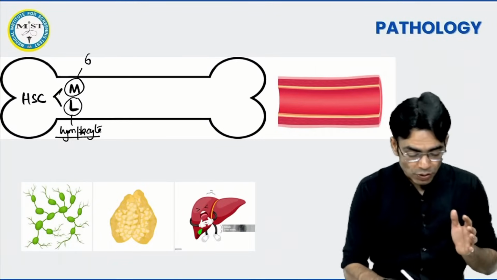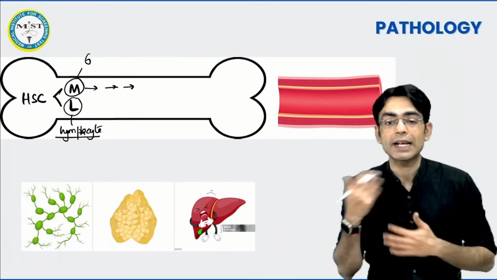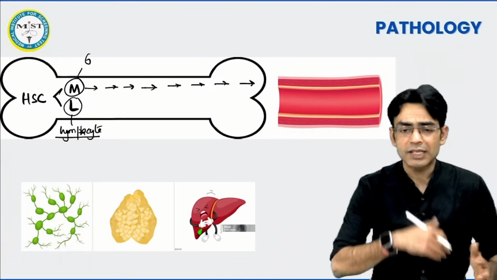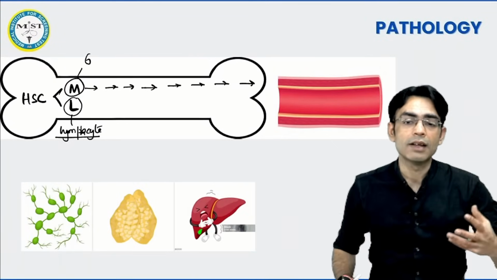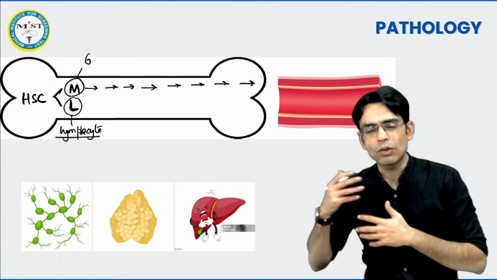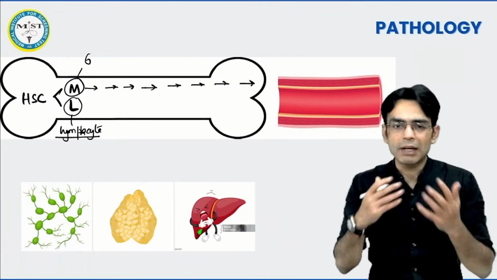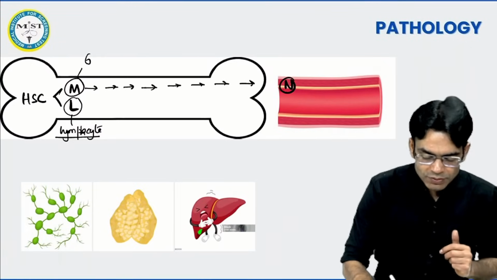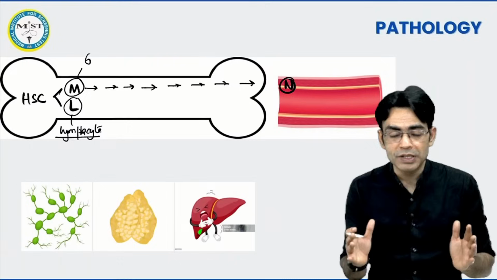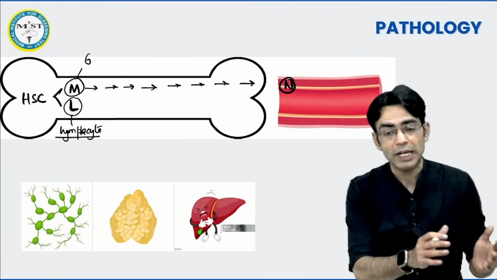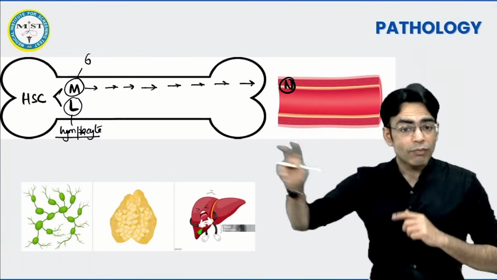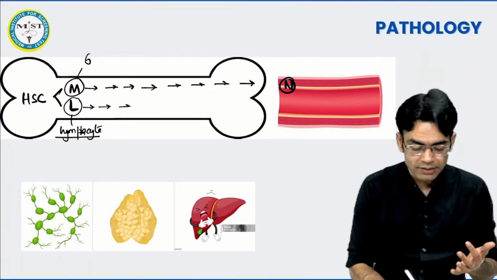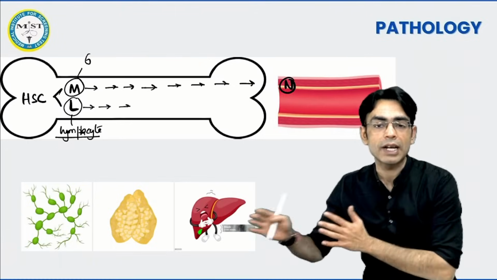Now what happens is that your myeloid cell does not directly give you these 6 cells. It will divide into multiple different cells. The whole sequence goes like, first you will have a myeloid cell, then metamyelo, myelo, band form. There are multiple cells. Then this eventually gives us neutrophil first, if we are talking about WBC. Otherwise this is the cell which is going to give us platelets and even the RBCs. A lymphoid cell actually forms only lymphocytes. It will also bifurcate and divide.